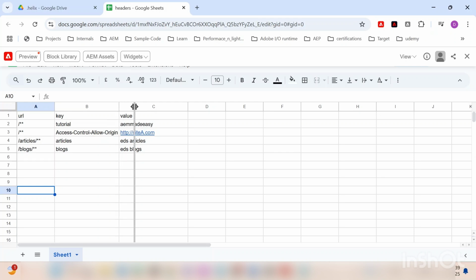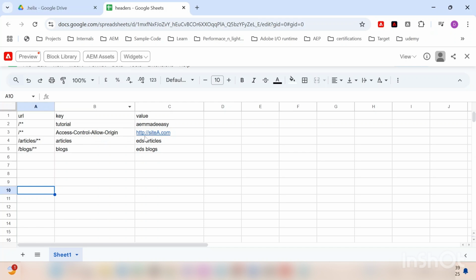This is the example which I was talking about. Suppose there is some imaginary site which is trying to access resources from our EDS site. We should have this site added as an origin which can access resources. Otherwise, the browser will block it and you will get a CORS related error. So these two are applied on all the pages, these two headers should be added. And then there are some specific section related response headers which I mentioned here,